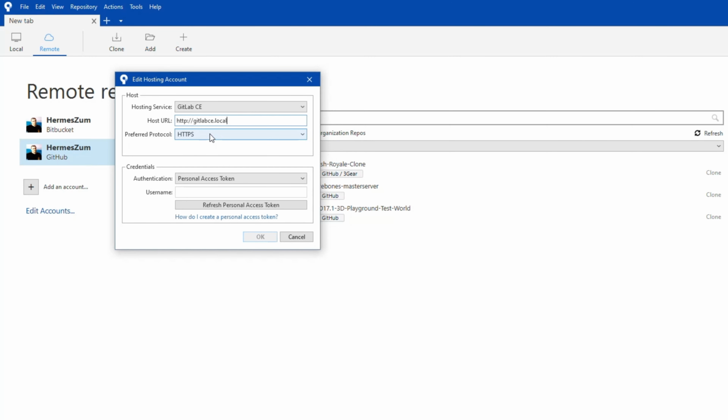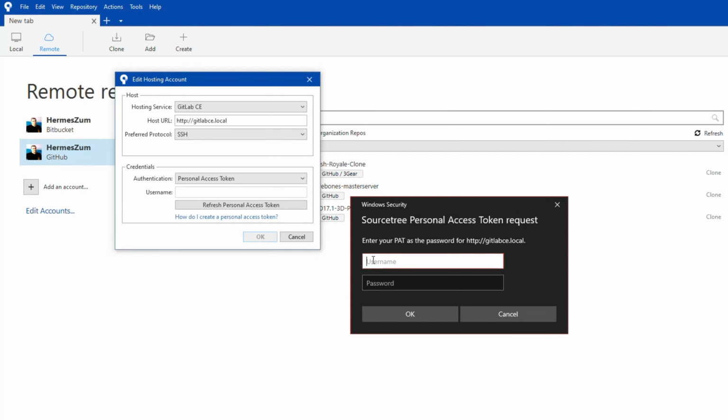Preferred protocol, choose SSH, then refresh personal access. You need to use the name of your access token.